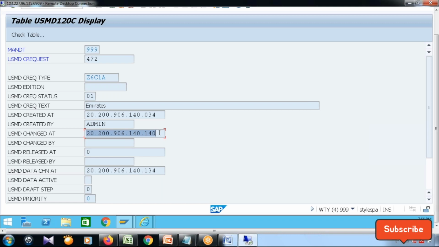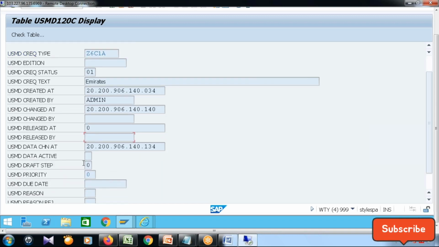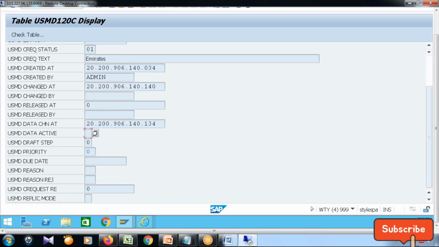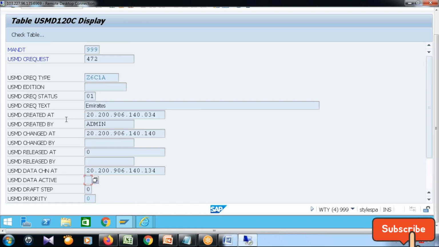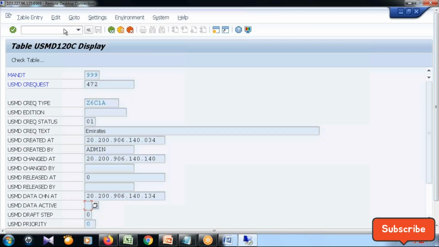Approval and all those things we will see because it is a part of workflow. So for that we need to see the next chapter. So next processes are still waiting, and activate. Still it is not activated. It is just submitted. Okay, so from USMD 120C, this data we can see. Similarly,